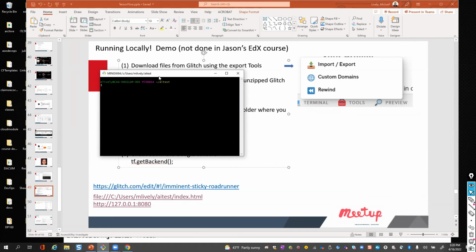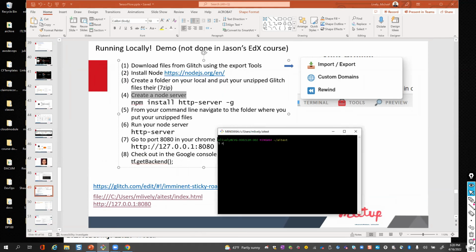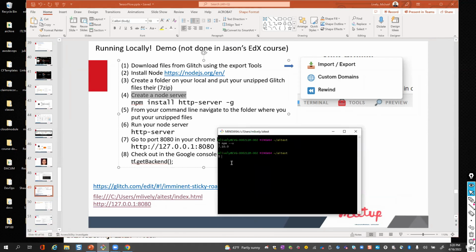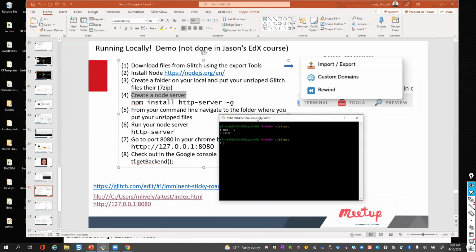Okay, cool. I've installed Node. If I do node -v, you can see I have Node installed, and npm -v shows I have version 7.10, so I can see what version I have.